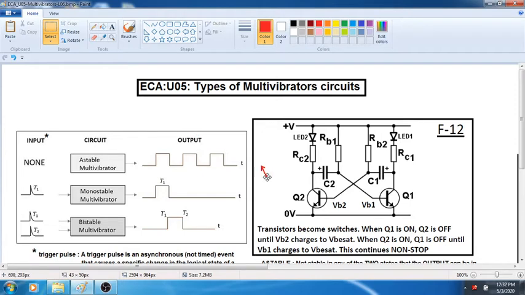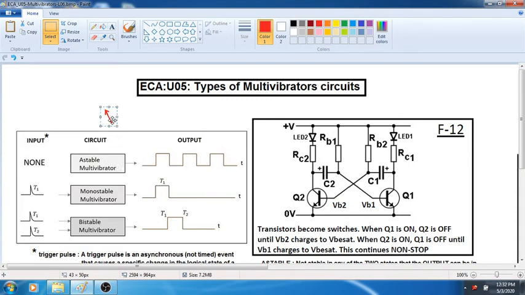So this is the basic concept which can be combined in various forms like permutations and combinations. We will get different types of circuit behavior. So let us first try to understand the three important types of multivibrators, which are called as the astable, monostable and bistable multivibrators. Now first of all, we have to understand what is the way in which a multivibrator functions.